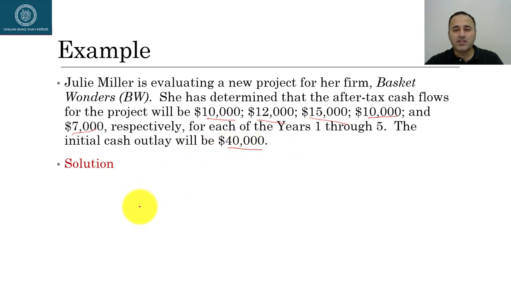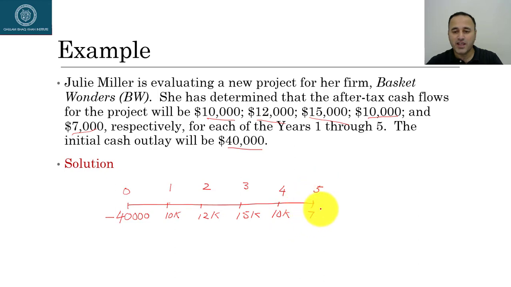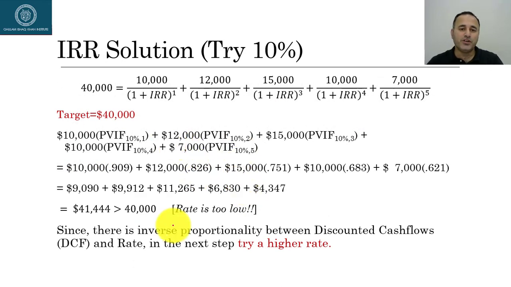If I put everything on the timeline, it means that today she is investing $40,000. So it's an initial outflow, which is why it's with a minus sign. Then in the first year she is getting $10,000, 10K. In the second year she's getting 12K. In the third year she is getting 15K. In the fourth year she is getting 10K again, and in the fifth year she is getting 7K. If you remember, the payback period was between 3 and 4, which I think was 3.3. Now, in order to calculate the internal rate of return, what you need to do is